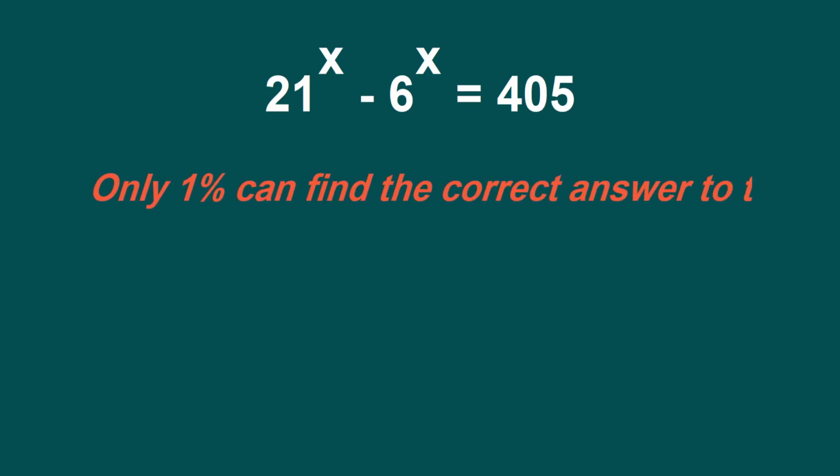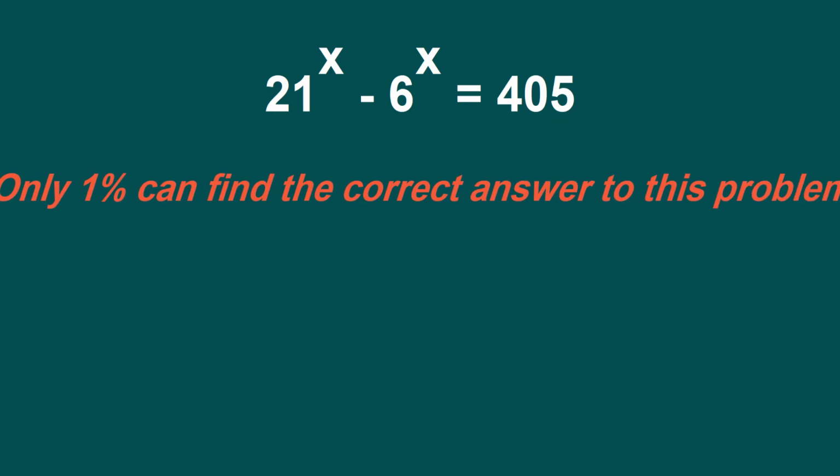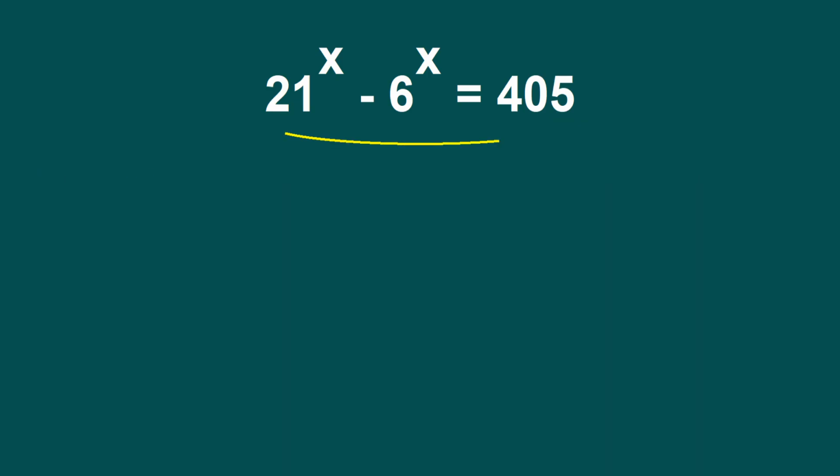On today's fun segment, we have this problem: 21 to the power x minus 6 to the power x equals 405, and we want to get the value of x. The problem might look difficult, but it becomes easier if you break down the number